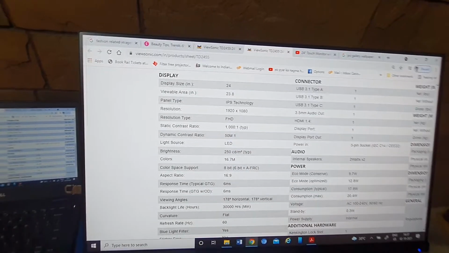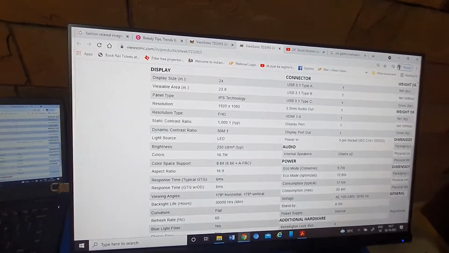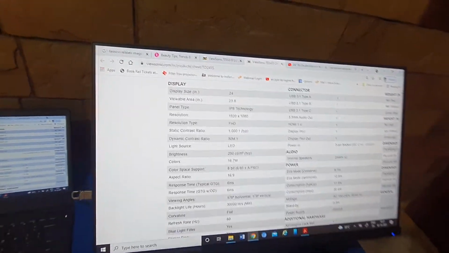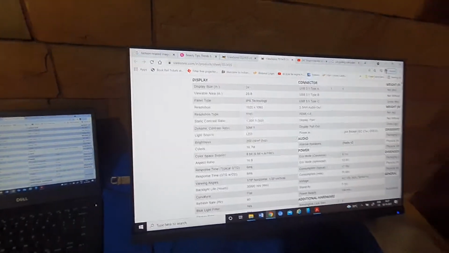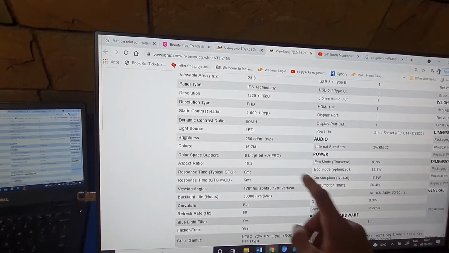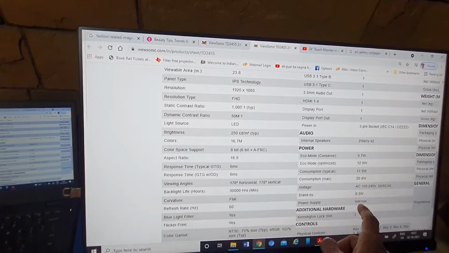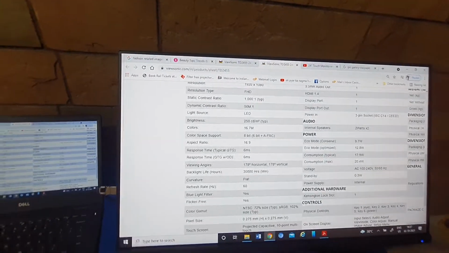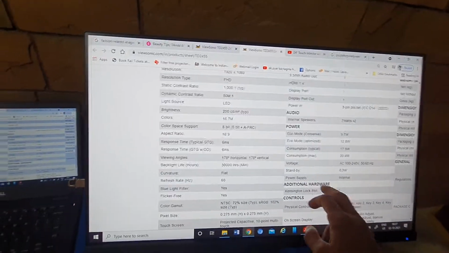Now you can understand a lot of good videos you can watch. If you want to watch movies, or any corporate presentation videos, it comes really perfectly. And the light source is LED, see the brightness level, 250 nit. So 250 nit. Now you can compare the brightness of this monitor with other touch monitors. You can find this one is the brightest one, right?